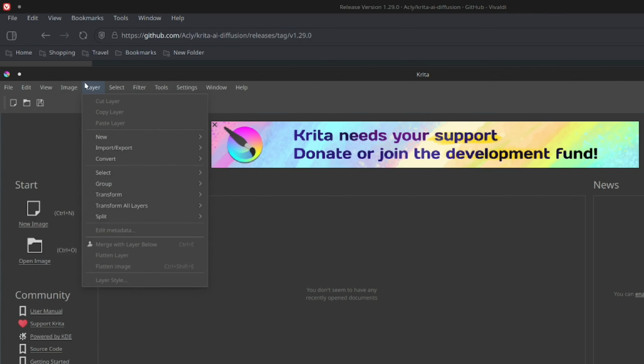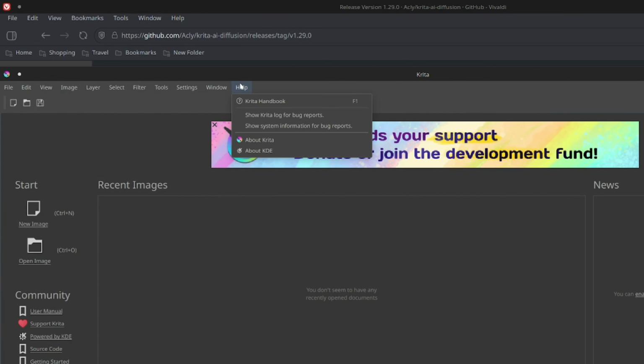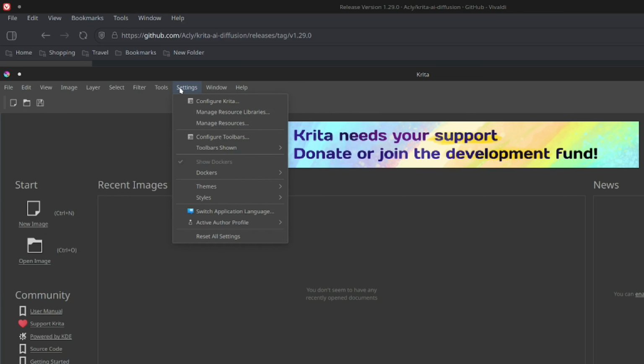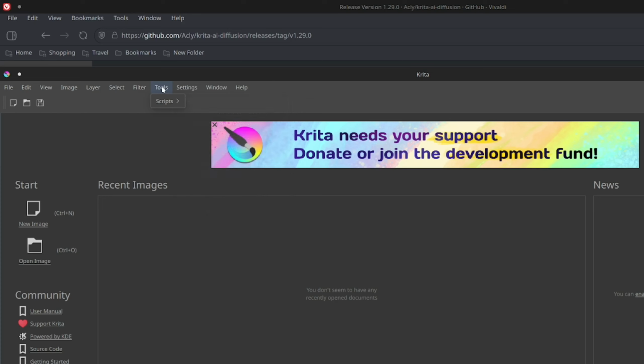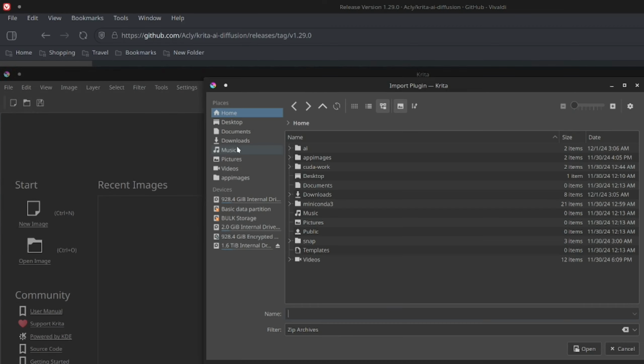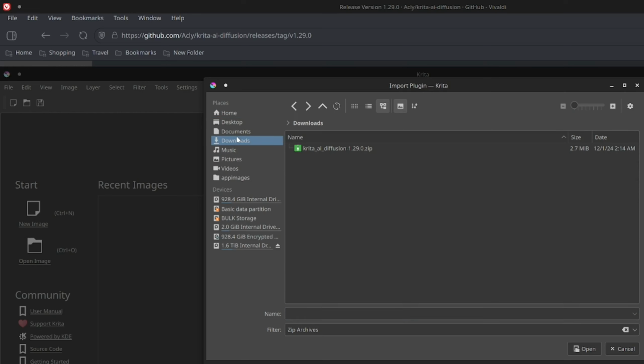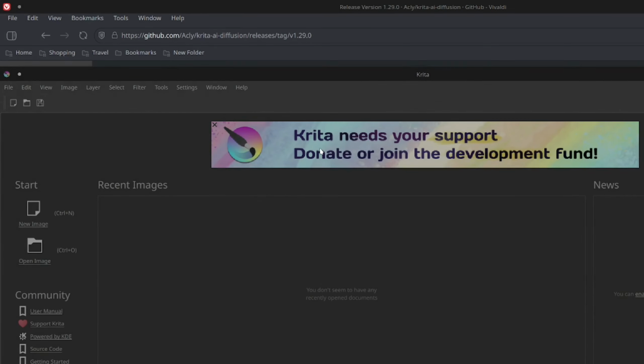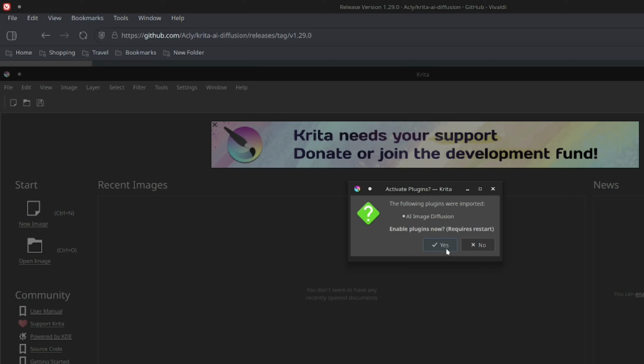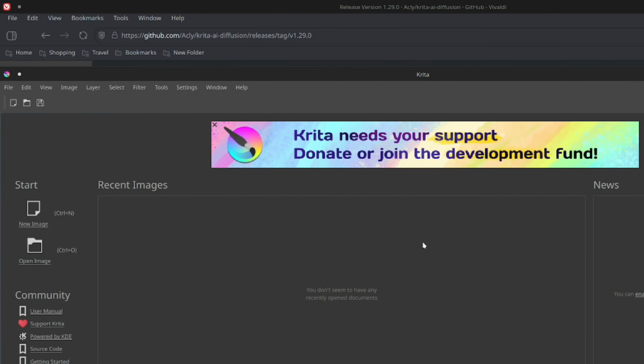You'll be able to use the file we just downloaded. Import Python plugin from file in the tool scripts section. Enable the plugin, and this will give us